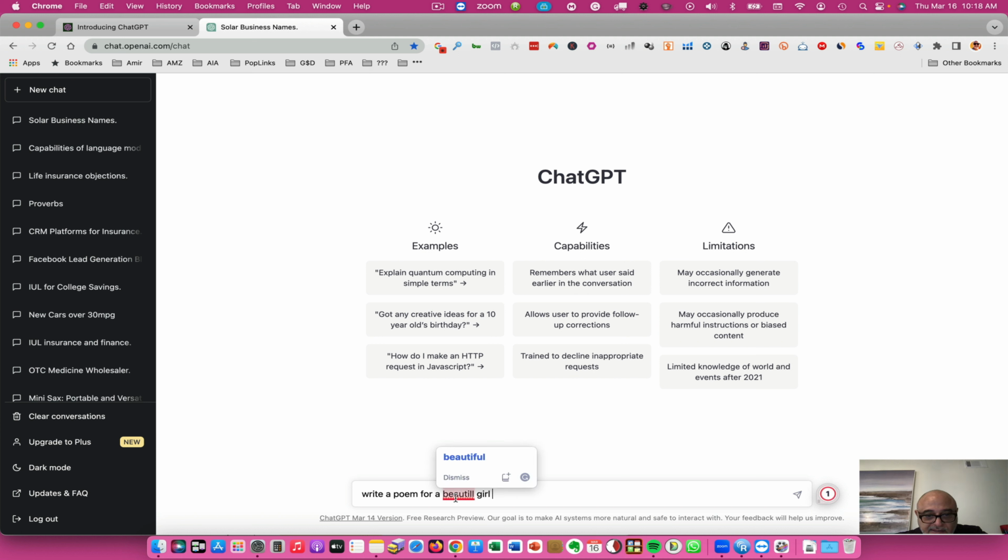Oh my God, I cannot even spell today. Write a poem for a beautiful girl. Now, I'm going to stop right here because I'm going to give it more context. I'm going to say a red haired, tan skinned, beautiful girl